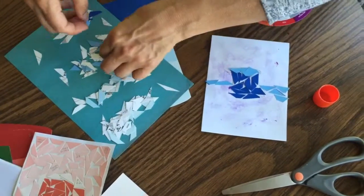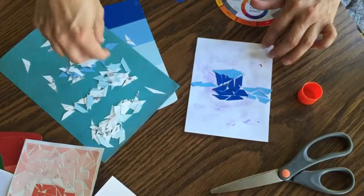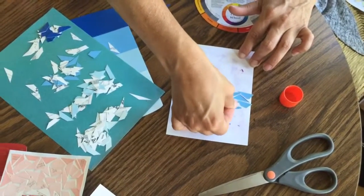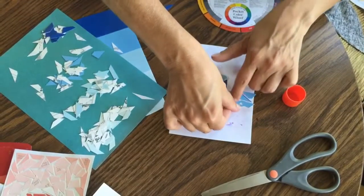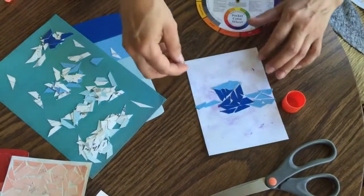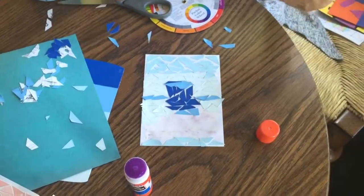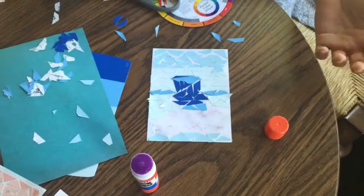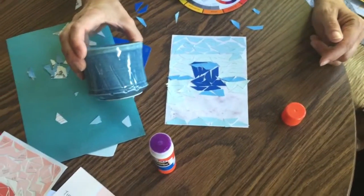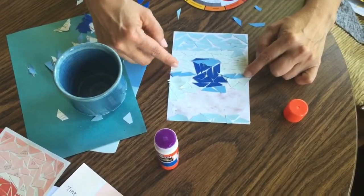Because in my classrooms, art is always right, art is never wrong. Art is always fun. And then you can use the lighter colors up on top. So I've made some progress. I hope you have also. You can see my cup that I just made a simple image of, my horizon line, and I started out